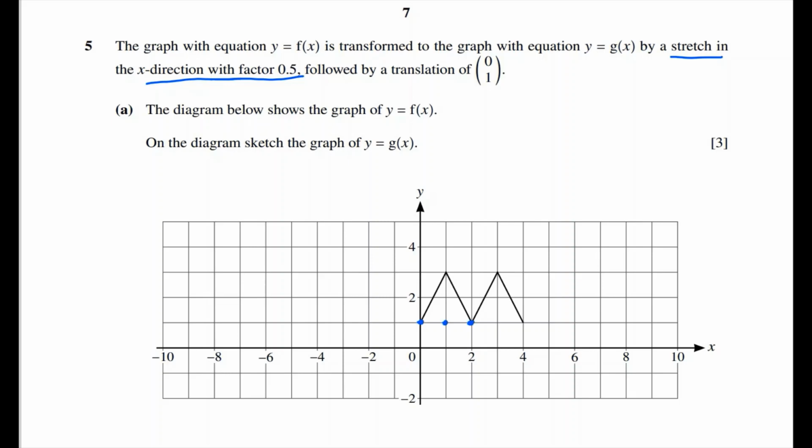So you will get these 3 points like this, and the top point corresponding to x equal to 1,